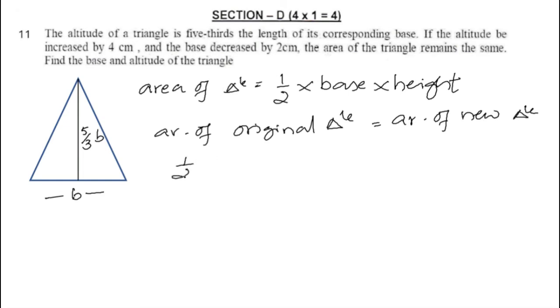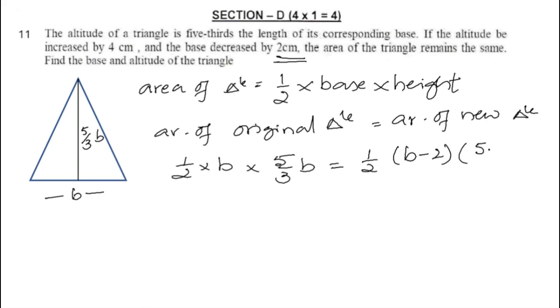This original triangle will be having base as b and the altitude is 5/3 times of b, and the new triangle will be having base b minus 2 because it is decreased by 2 centimeter, multiplied to the altitude 5/3 b plus 4 because it is increased by 4 centimeter. So let's simplify. This becomes 5/6 times of b square equal to